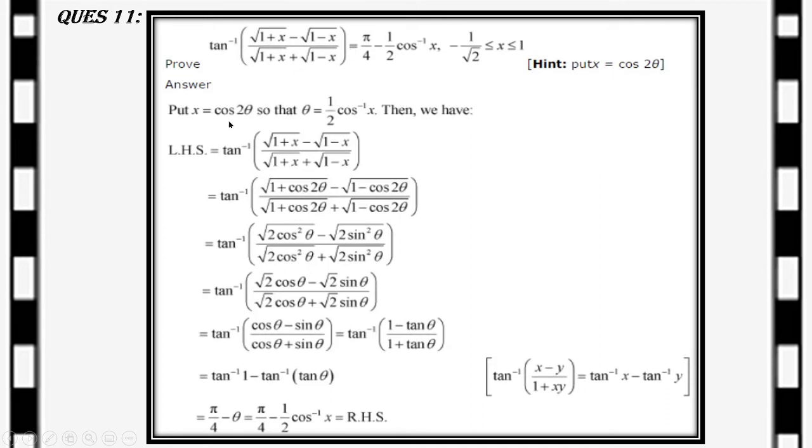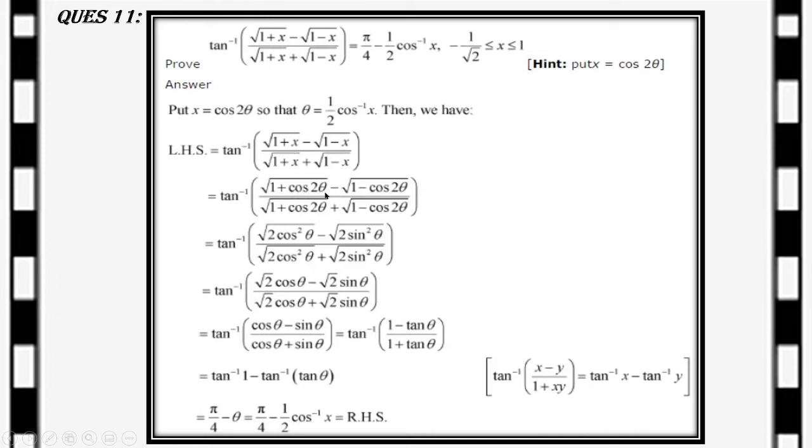So here what we can do, we can substitute something. The hint is also given in the question, put x equal to cos 2 theta. So let's take x equal to cos 2 theta, so theta will be equal to 1 by 2 cos inverse x. Now let's put this value,